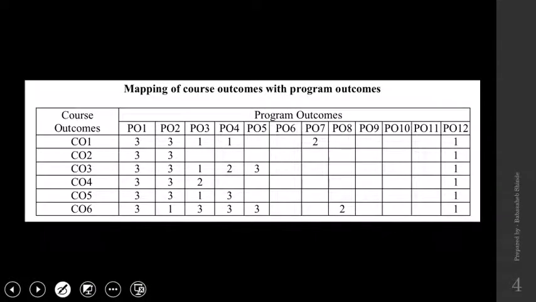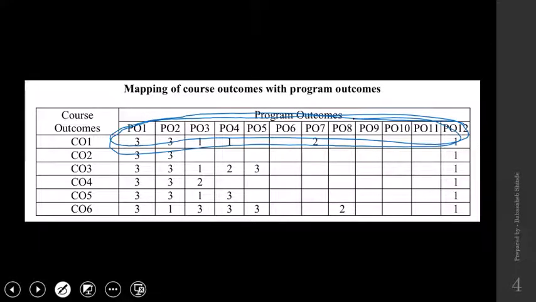This is mapping of CO with PO. You might have a good idea of this PO also. PO stands for program outcomes. Just like course outcomes are the statements that explain what you are supposed to do once you have studied a particular course, where course means subject, similarly program means your BTech in mechanical engineering. So when you have studied that BTech mechanical engineering, what characteristics you are supposed to have has been written with the help of these 12 statements.